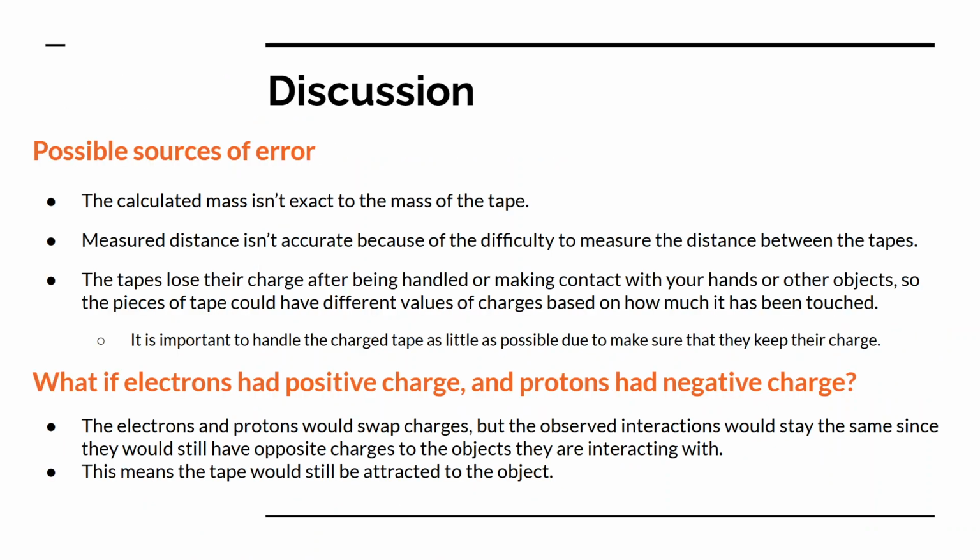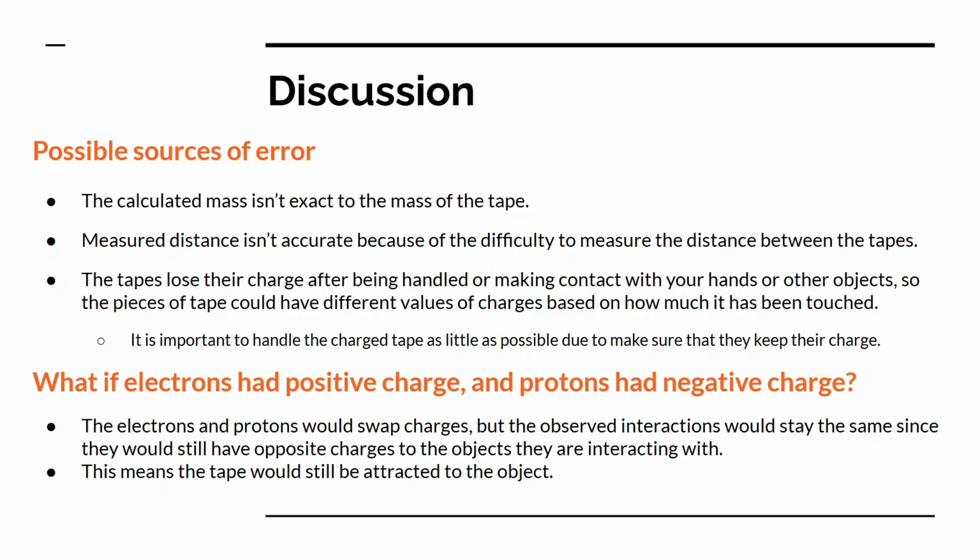Discussion. Possible sources of error. The calculated mass isn't the mass of the tape. The measured distance isn't accurate because of the difficulty of measuring the distance between tapes, and the tapes lose their charge after being handled or making contact with your hands or other objects. So the pieces of tape could have different values of charges based on how much they have been touched. It is important to handle the charged pieces of tape as little as possible to make sure that they keep